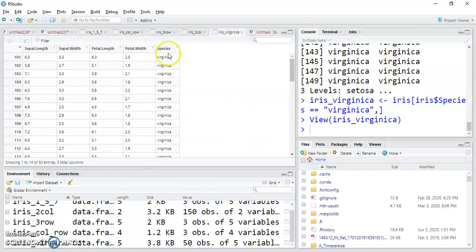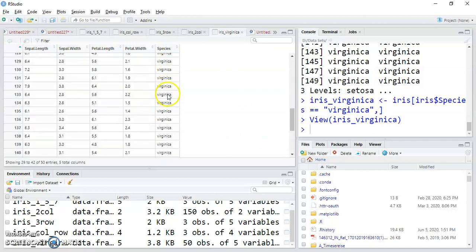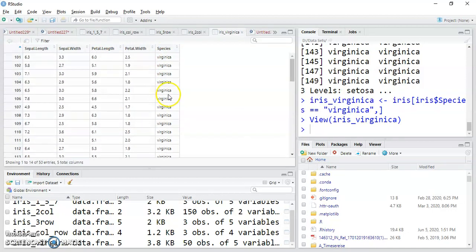You can observe in the Species column only virginica information is here, with the remaining columns petal width, petal length, sepal width, sepal length. So you can extract information depending on particular values of a column.